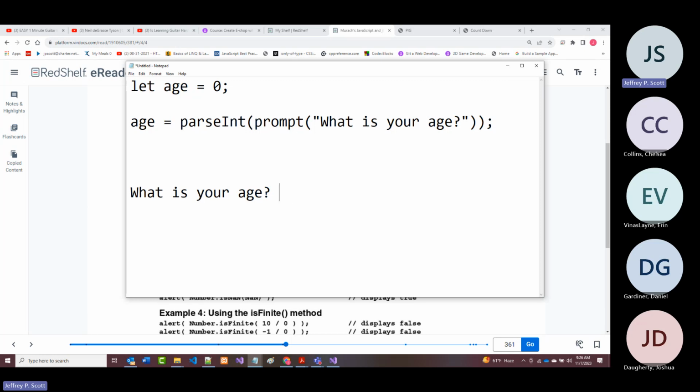If I do this, it's going to break because it's expecting an integer, but I'm giving it a float or a double, whatever you want to call it. If I do this, it's going to break. But if I do this, so let's say I'm 35 and a half, that will actually succeed. Because what it does when it reads this is it says, there's a number, oh, that's not a number, so stop. And I believe if I were to do this as a parseFloat,